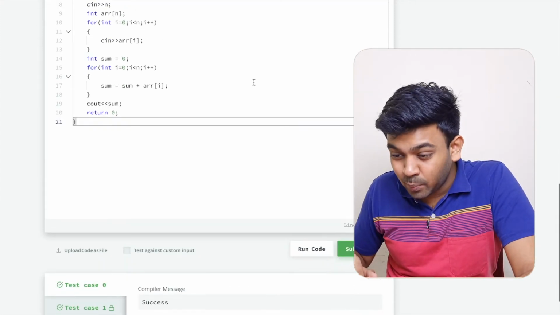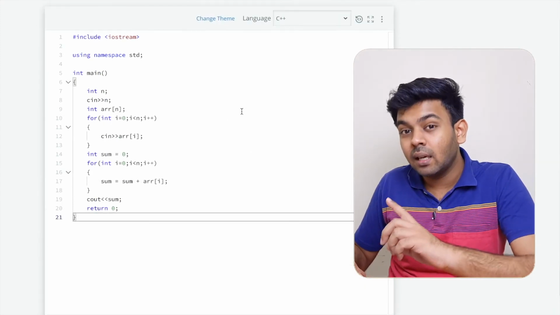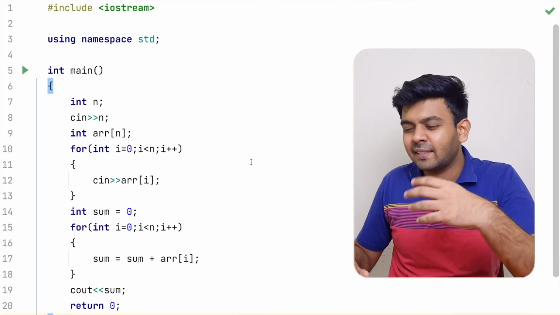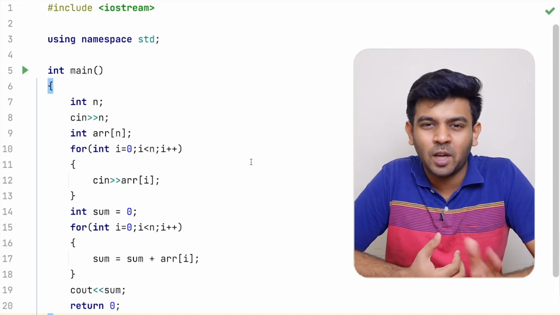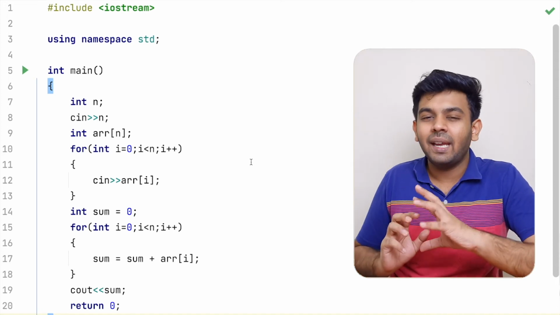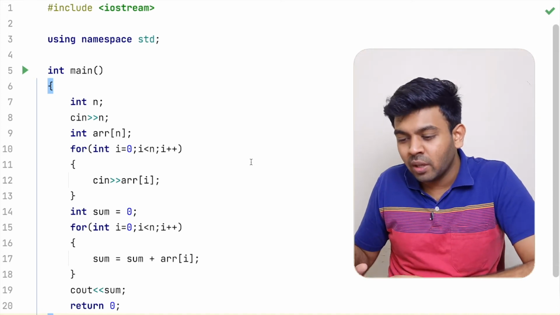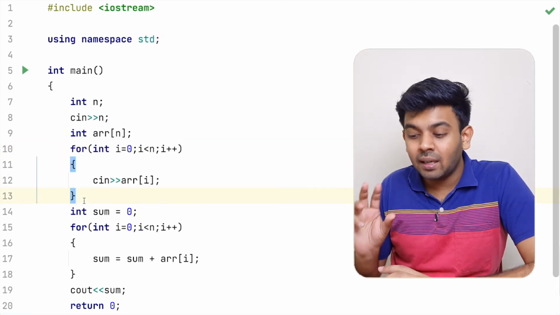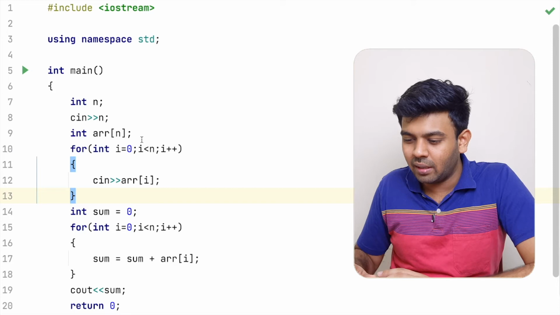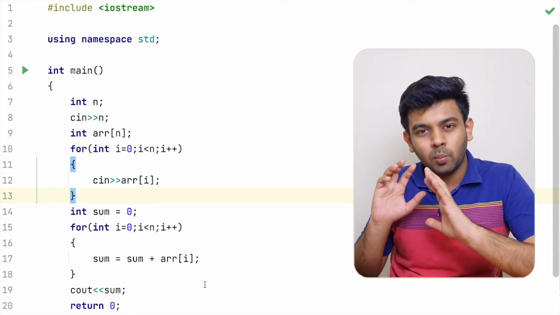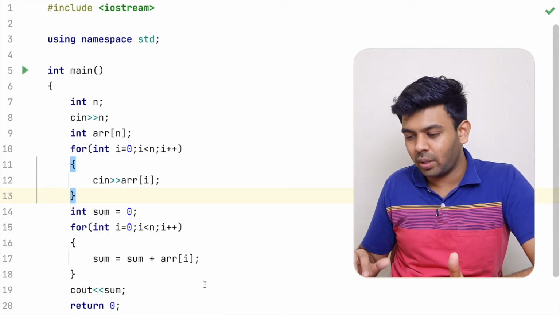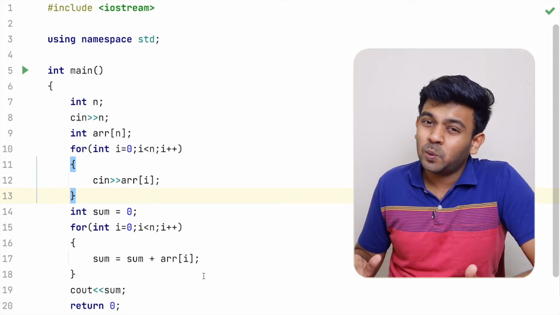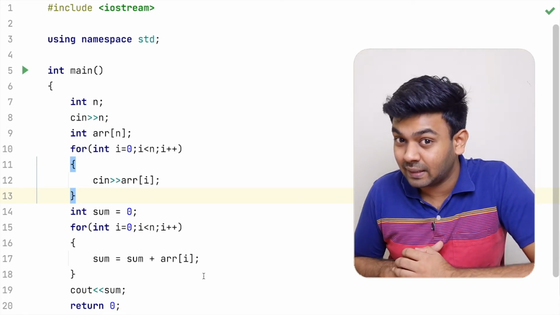So this is a very simple question, but you can still do something to optimize this. Okay, optimize in the sense that it is not going to change the runtime of the program or anything like that. I am just going to make it look simpler. So here you can see that you have two loops that are running for the same range, 0 to n, 0 to n. Both the loops are running for 0 to n. So instead of having a single statement in each of these two loops, what if we merge these things?